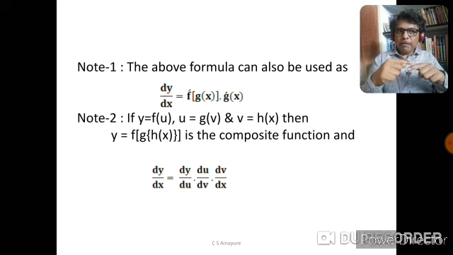But the independent variable in the first case becomes the dependent variable in the next case. See the interesting thing. So this formula is also known as the chain rule. Now, using the method in note 1, we can find the derivative of this function like this also. See, y is equal to f of g of h of x.